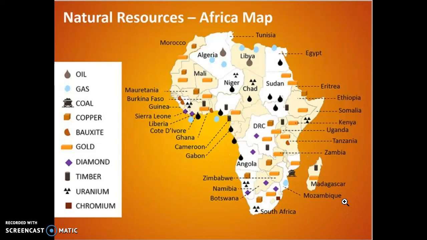So the question then becomes, for a continent that is so rich in resources, why do they have such problems with poverty? A lot of that has to do with political stability. So when countries are not politically stable, then they cannot develop these resources. Another reason why they struggle with poverty is because they lack the initial capital, the initial money to buy equipment and to develop these industries. All of those things complicate matters.